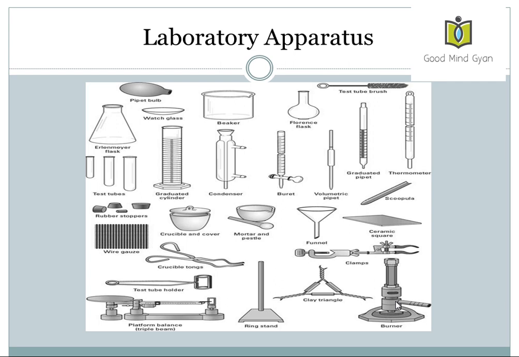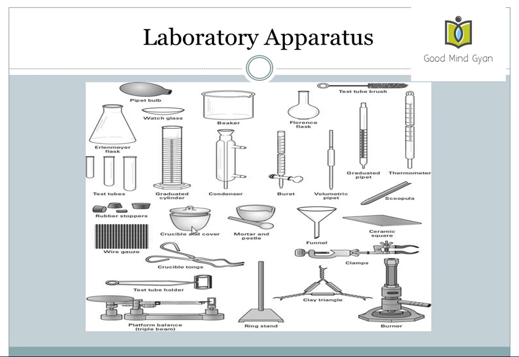We use it now also, but nowadays in the modern labs you will find burners, clay triangle for heating, ring stand for different experiments, platform balance for weighing, test tube holder to hold the test tube when it is heated, crucible tongs also for heating purpose. You have a wire gauze which is made up of iron mesh provided with thin sheet of asbestos in the middle. It distributes heat from the burner evenly to the glass apparatus and prevents it from cracking.